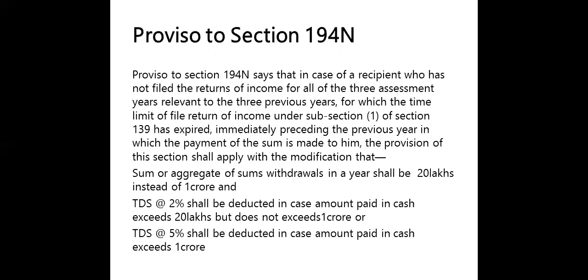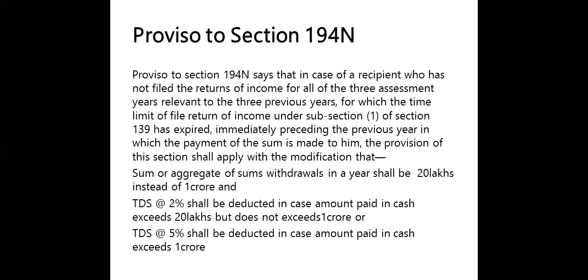So for 1st July 2020, that is the year from which the proviso or the amended section applies, the assessment year is 21-22. That is, the financial year is 2021. So the previous 3 financial years will be 19-20, 18-19 and 17-18. And the relevant assessment years will be assessment year 18-19, assessment year 19-20 and assessment year 20-21.